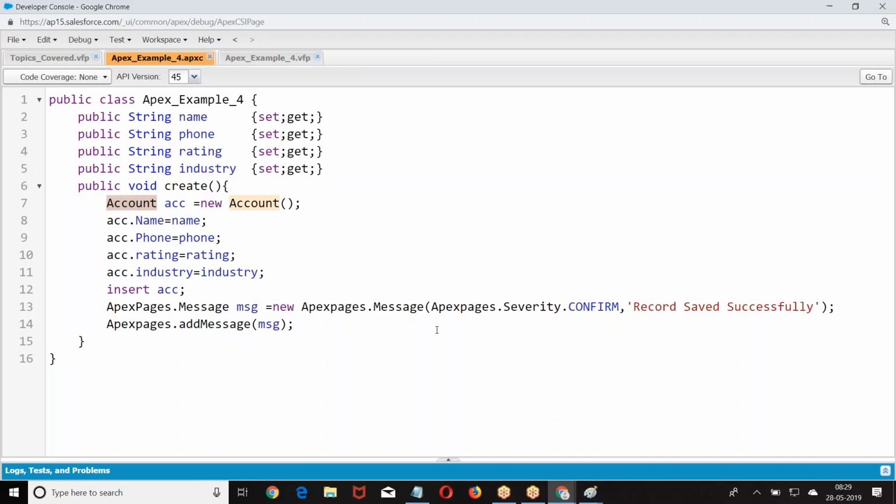The fields you are supposed to take are first name, last name, phone, email.